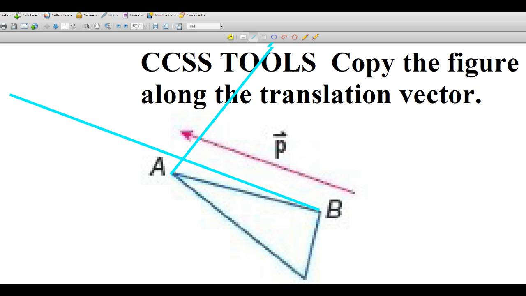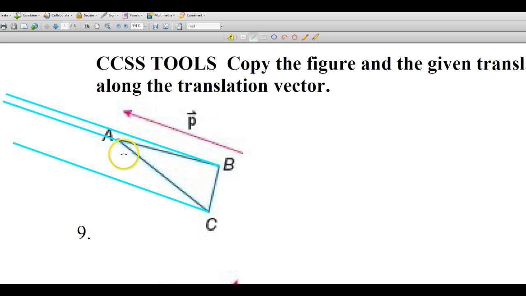So as I was saying, we would draw lines parallel through each vertex to the vector, and then in the same direction of the vector we want to mark off distances that are equal to the length of this vector, so measure the length of this vector, and then from each point, so let's say that this is 1 inch, then we want to go 1 inch along this line for A,